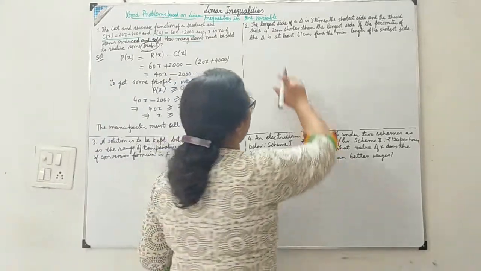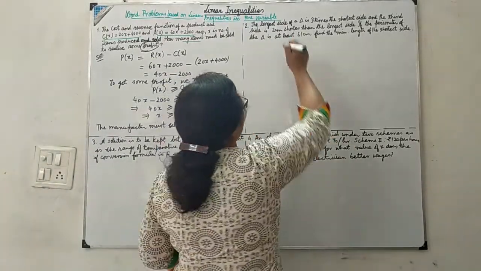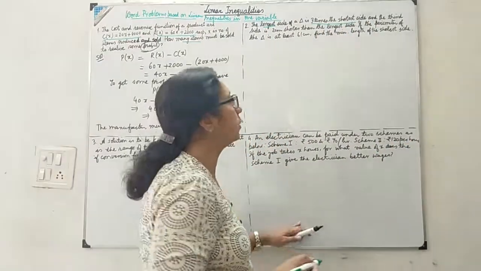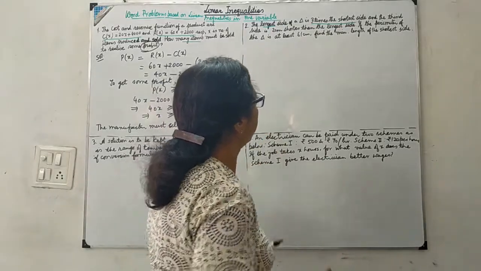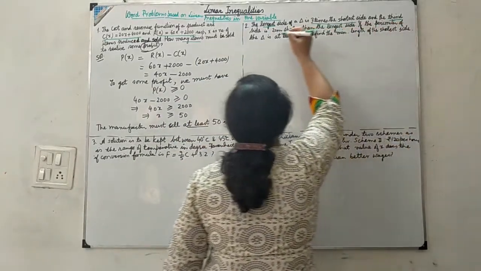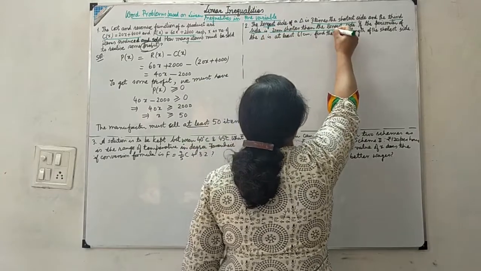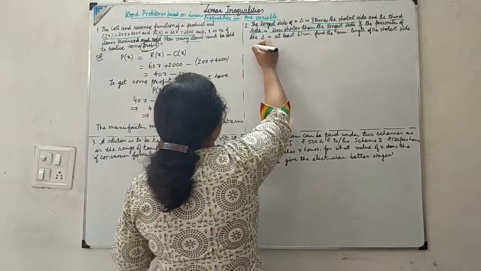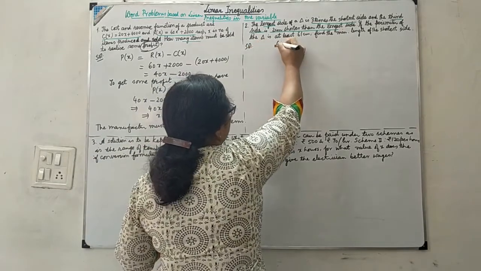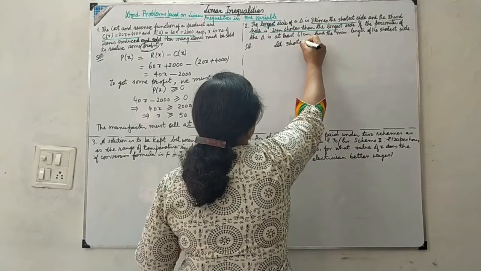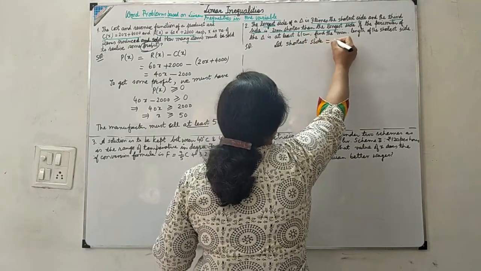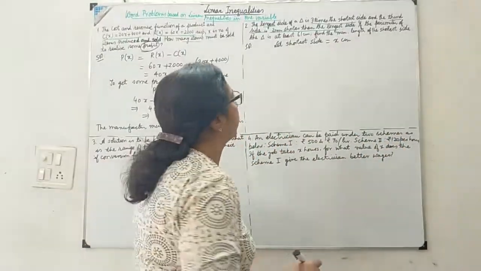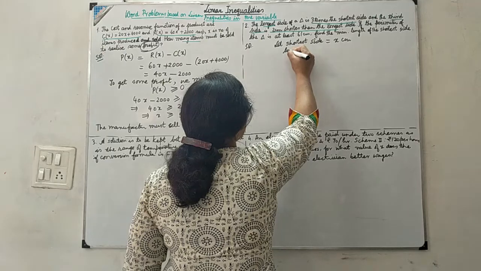Now moving to the second question, you can see here the longest side of a triangle is 3 times the shortest side. We have been given a relation between the shortest and the longest. And the third side is 2 cm shorter than the longest side. So there are 3 sides of the triangle given. Let me take the shortest side length as x, and because the question is in centimeters, I will assume centimeters.